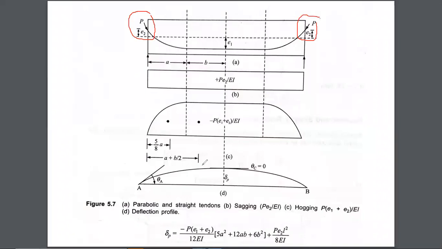From this bending moment diagram, you can calculate the deflection formula, which is minus P (E1 plus E2) divided by 12 EI into (5A square plus 12AB plus 6B square) plus P E2 L square divided by 8 EI. Okay, students. So these are all the different classes, different categories of the